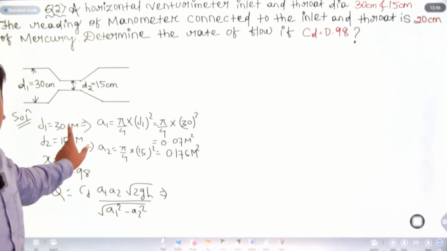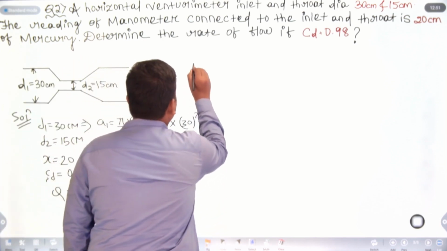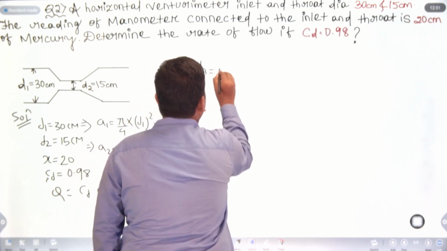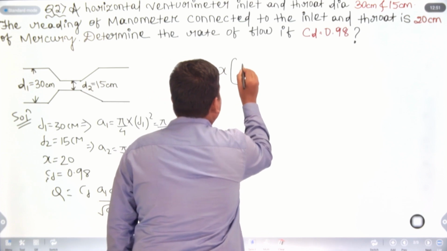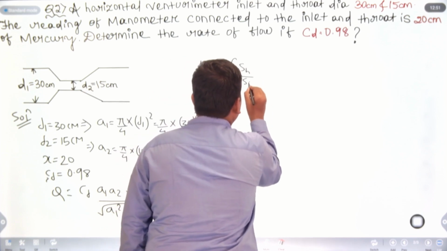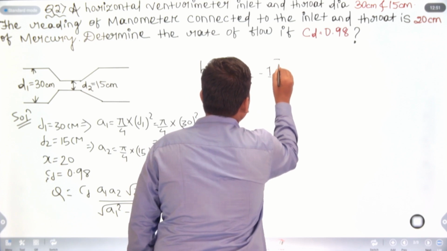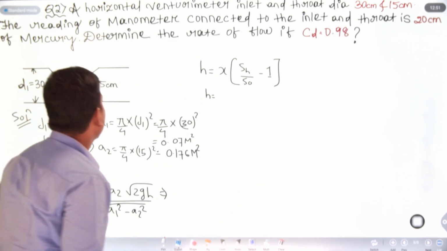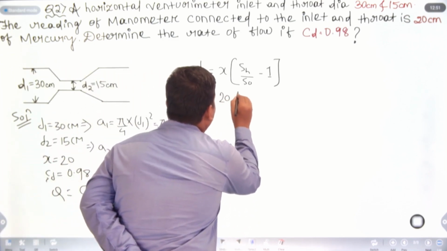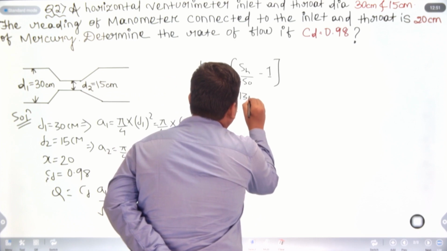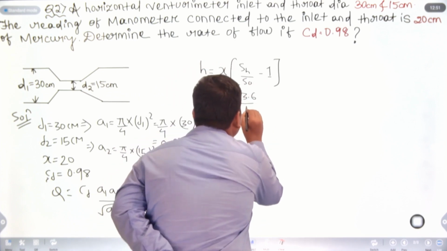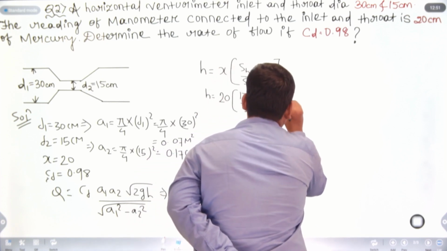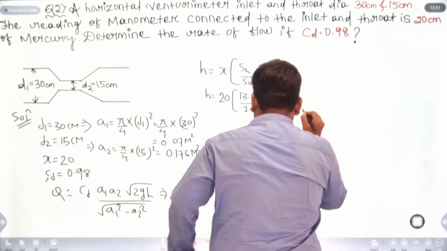H, we do not find H, so H is equal to x of SH divided by SO minus 1. Now H is equal to x, data given x is equal to 20. For mercury we consider 13.6. For oil it's normally 1 minus 1. By calculating this in a scientific calculator, the H value is equal to